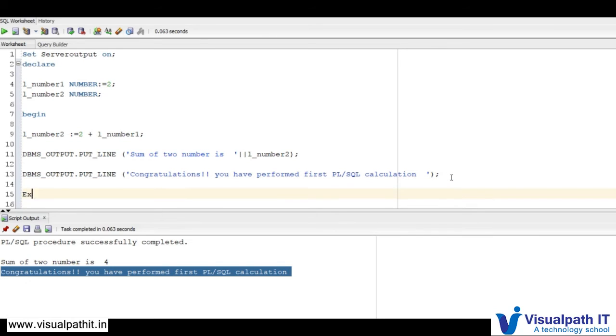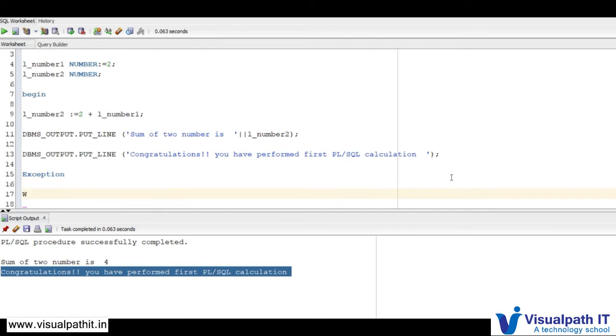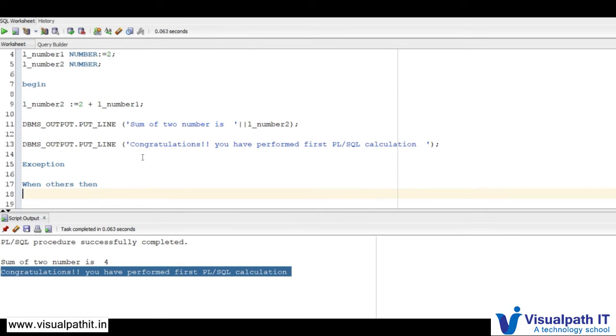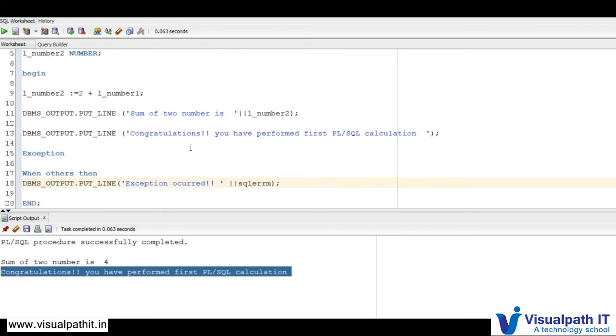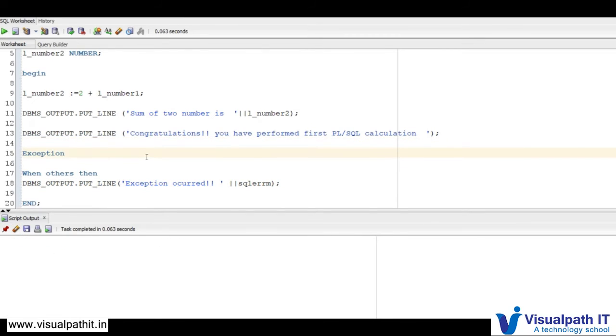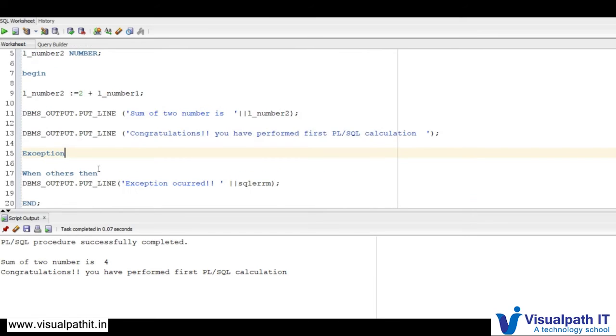So we will add the exception section: when others then, and print 'exception occurred' concatenated with the SQL error message. As of now there is no exception, so this message hasn't printed.